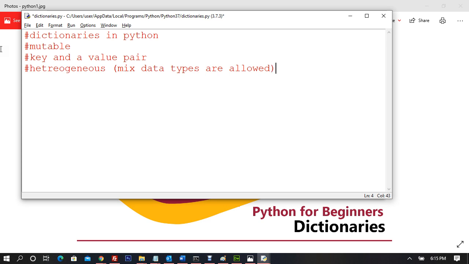So now heterogeneous means that mixed data types are completely allowed here, right? For example, one element can contain integer, a second element can contain string, third element can contain char. So that's why I say that the mixed data types are completely allowed as long as using dictionary is concerned,